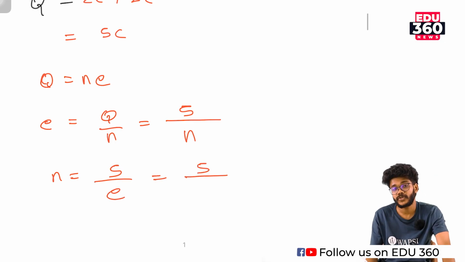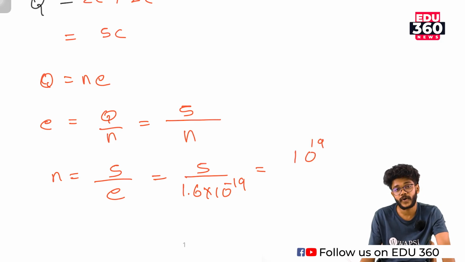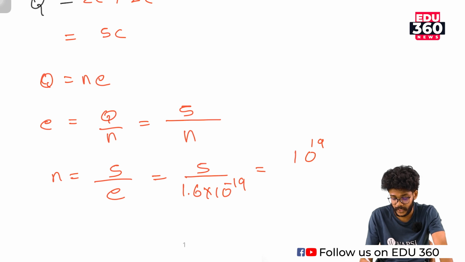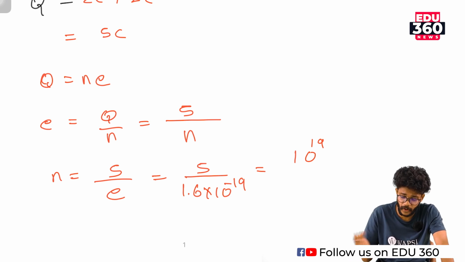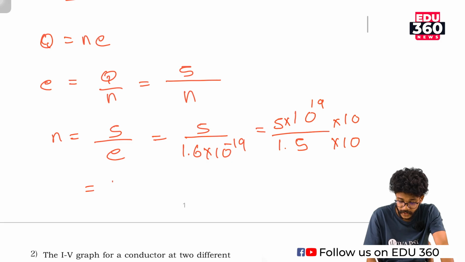And what is the charge of an electron? 1.6 into 10 raised to minus 19 coulomb. So 10 raised to 19 into 5 by 1.6. 5 by 1.6, approximately, 1.6 can be treated as 1.5. So I think we can transform this as 5 into 10 raised to 19 divided by 1.5. Okay, we can multiply the numerator and the denominator by 10. It will be 5 into 10 raised to 20 divided by 15, that is equal to 1 by 3 into 10 raised to